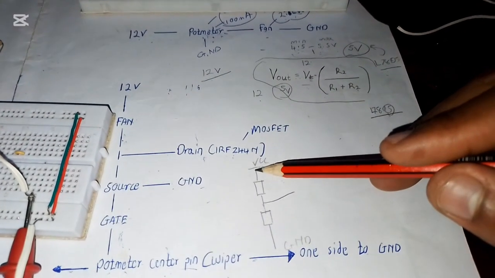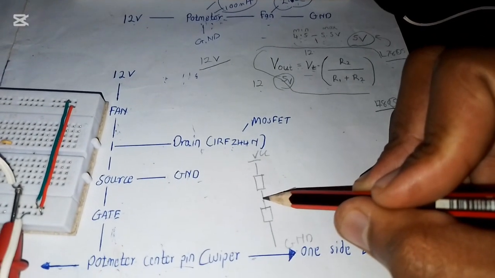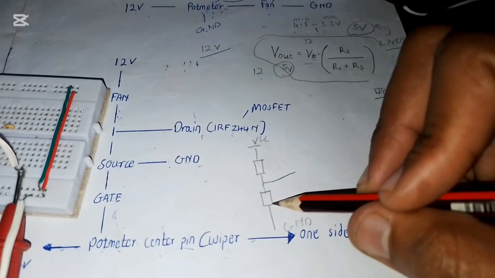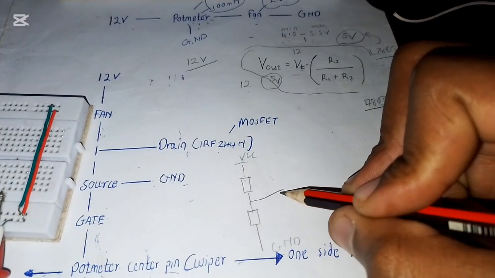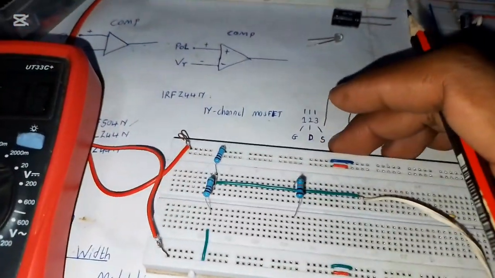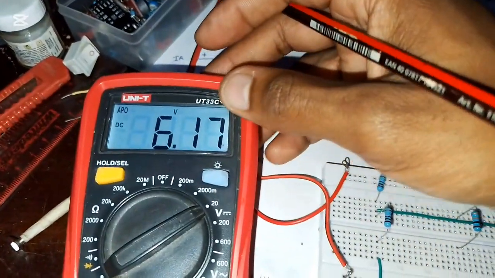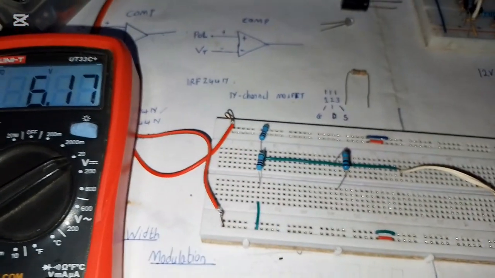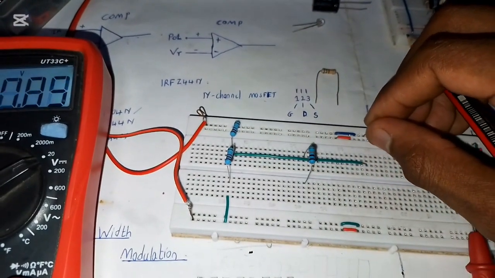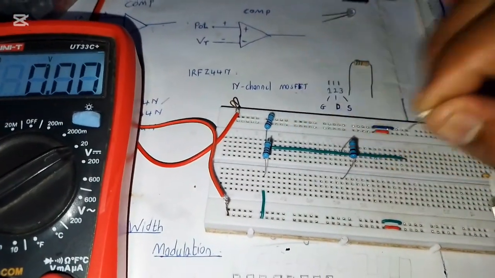So basically right here we have the power supply, right here we have ground. The output comes from the middle part of two resistors which are connected between the power supply and ground. And this output ranges according to the values that you give these two resistors. Right here I have an example of a voltage divider, and my circuit is right here, my multimeter is right here. So right now this is a 12 volt power supply. If I place it to the power supply, you see it's a 12 volt power supply, but the middle part of these two resistors gives us